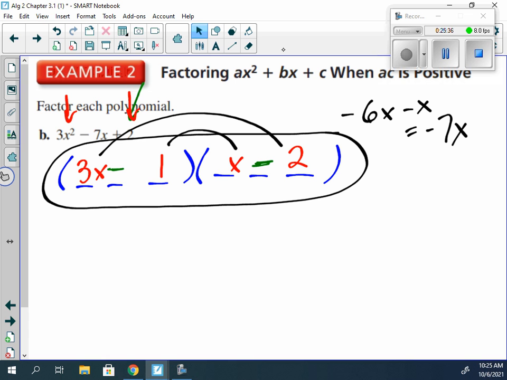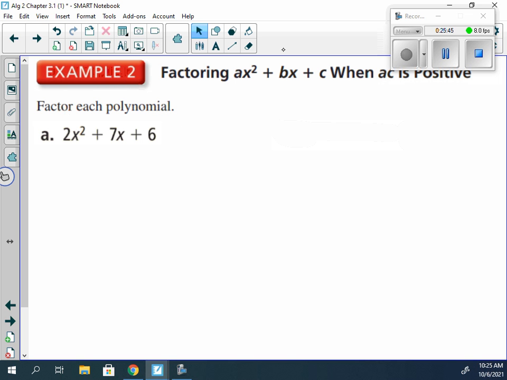Questions on any of these here? Are you ready for the next one? I think we only have a few more after this. 2x squared plus 7x plus 6. Is there a greatest common factor? Well, 2 goes both into 2 and 6, yes? But is there a number that goes into all three? No. So we can start off with our